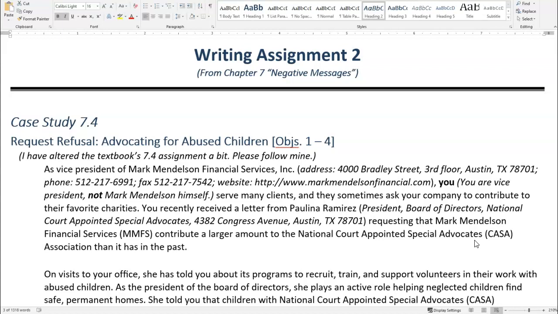But the indirect approach is where you're going to apply a buffer. So that first paragraph is going to be a buffer that's going to be complimentary. So you're going to compliment the recipient or his or her organization or whatever. This is just in general. I'm not talking about this particular case study, but just in general, what you do when you write an indirect letter to somebody. So you give the buffer, and then in the second paragraph, the first body paragraph,